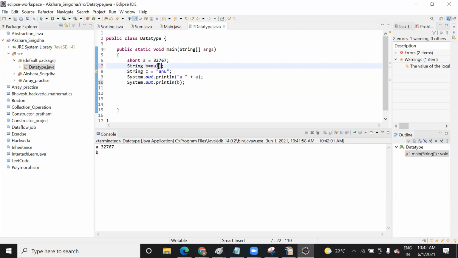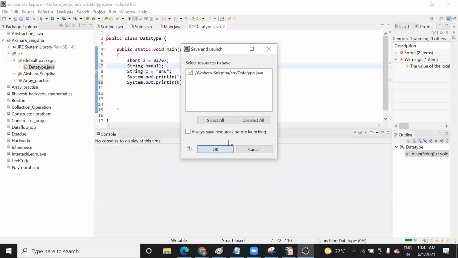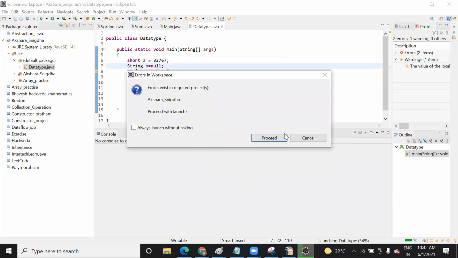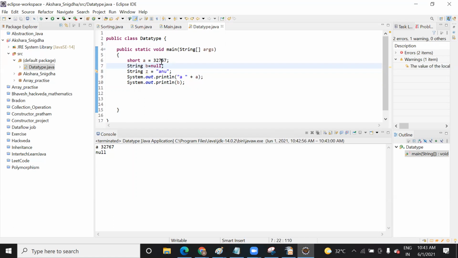Okay. Let's check it now. So when you initialize null, then only it will print null. If you do not initialize anything, there is a difference between null and just writing a double quote, inside which nothing is present. Null means a null value, that is, something called null is present. If you increase this, it will be considered a space. So it means there is nothing present inside this, no space.